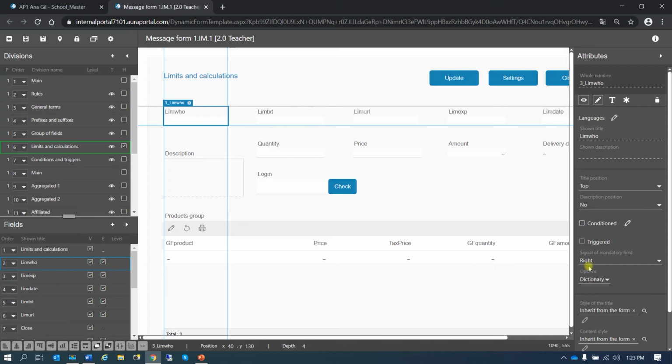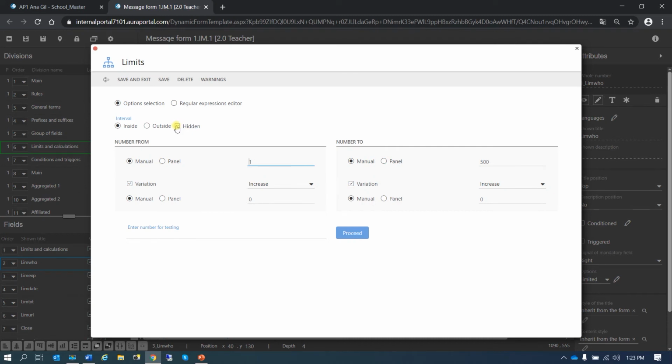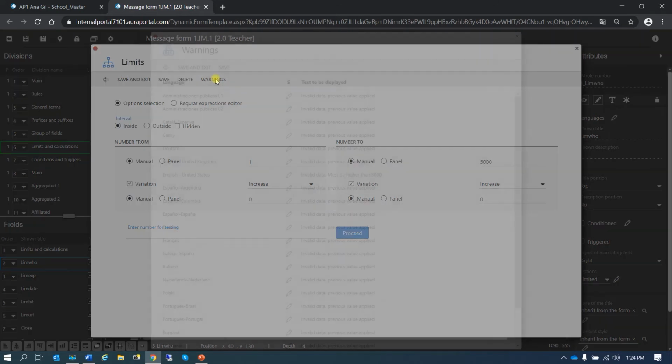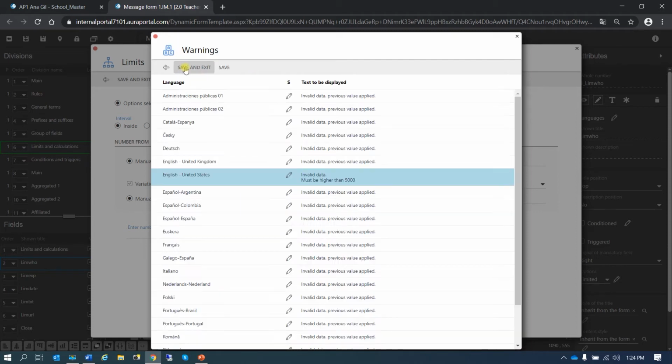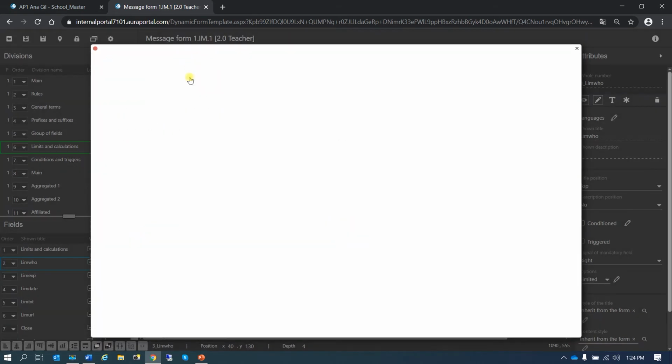But if we go to attributes, options, and we change dictionary and we change it to limited, click on the pencil icon, we can see that here we can, for example, deselect hidden so we can see the numbers and we can change the values. So I'm going to put 5,000 instead of 500. I'm going to change the warning. So if I go here, I'm going to change the warning to okay, accept, save and exit,